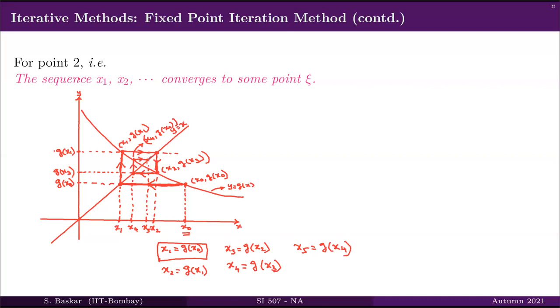So once you have this, you got x5, and therefore you can obtain g of x5 here, and then you go along this path, x6, and then g of x6, x7, and like that it goes. Remember, this is your